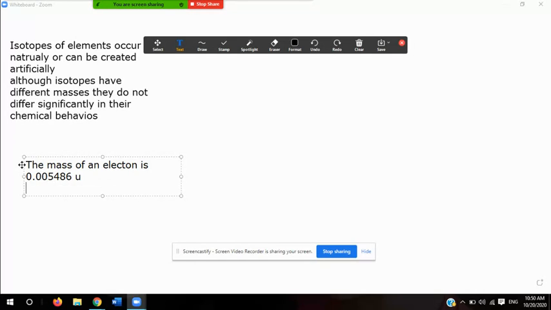The mass of a proton is 1.007276 u. The mass of a neutron